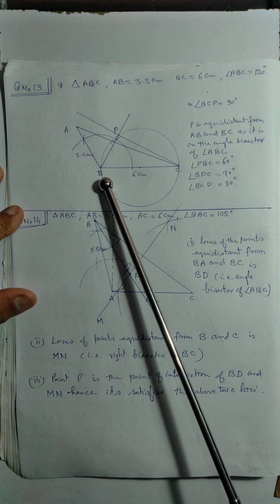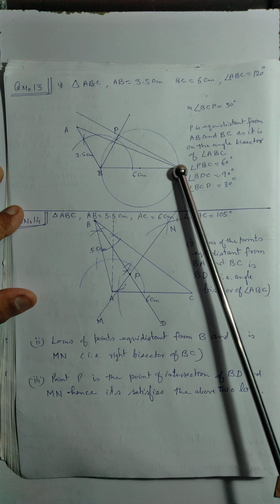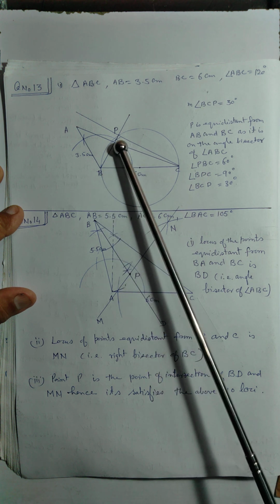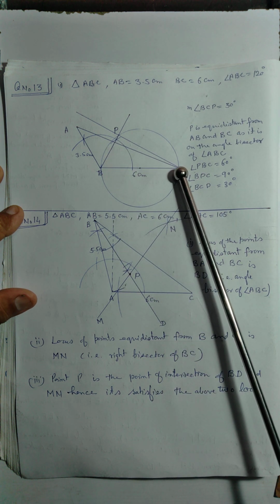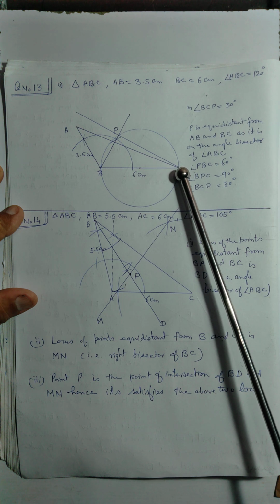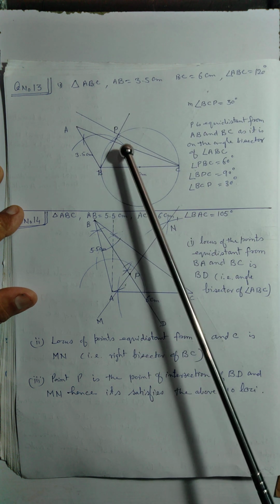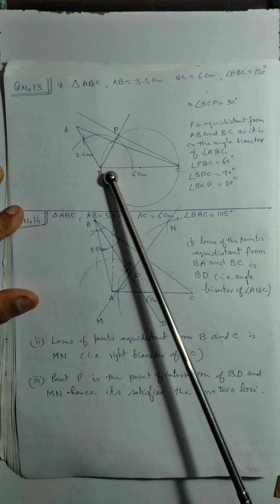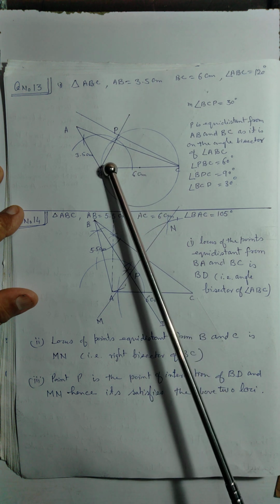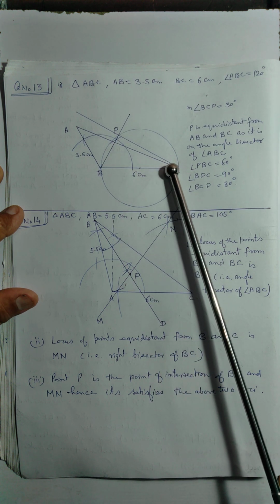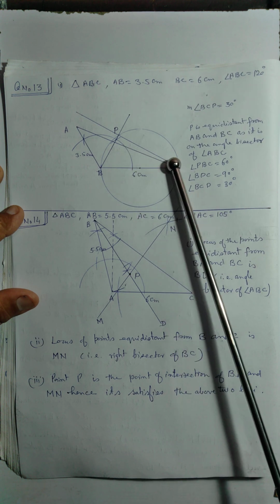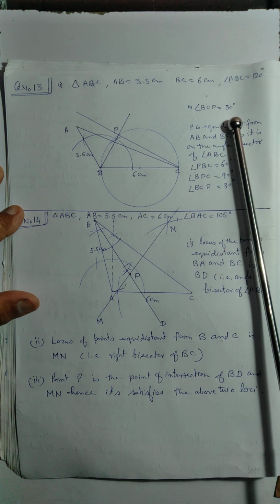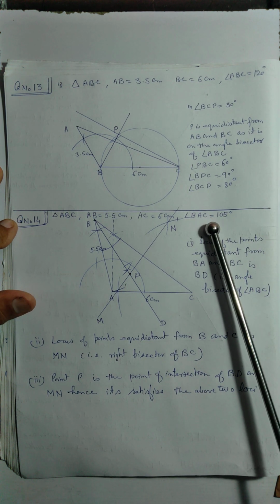And this angle BPC is the angle in the semicircle. Therefore, the measure of angle BPC is equal to 90 degree, and PBC is 60 degree, because it is the half of 120 degree. So this is 60, this is 90 degree, and this is 30 degree. And I have measured it also as per the construction. Measure of BCP is 30 degree. Hence this question is completed now.